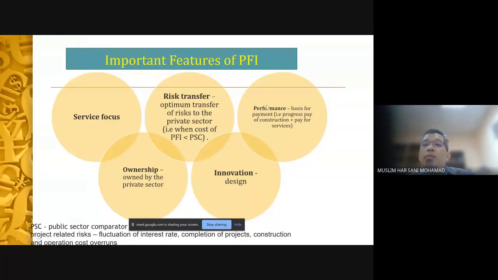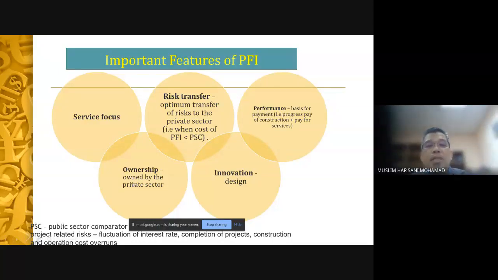Performance basis: payment is based on performance, both during the construction period as well as during the operation, providing the services. How can they monitor the performance? The underlying measure of performance is basically KPIs. Let's say the number of beds, and the beds need to be maintained. As an example, there is maintenance and replacement. In the buildings, the elevators, in a hospital the cleanliness, making sure the design meets the standards for hospitals.